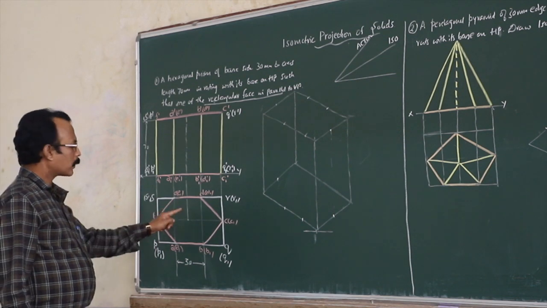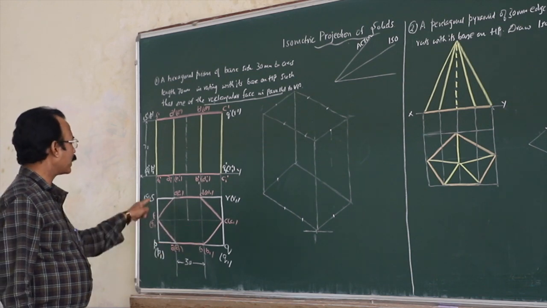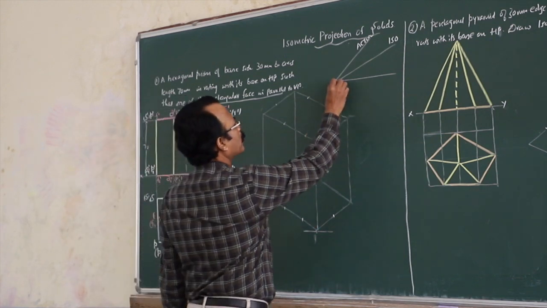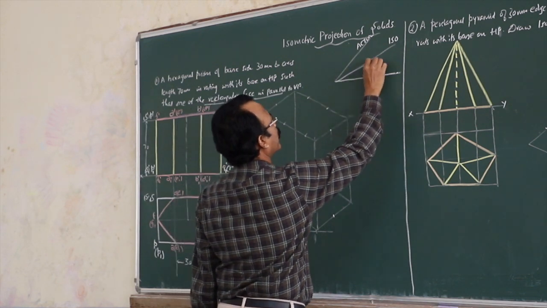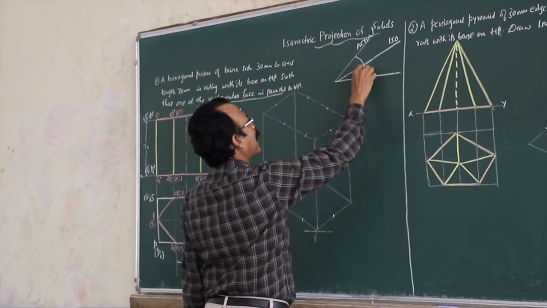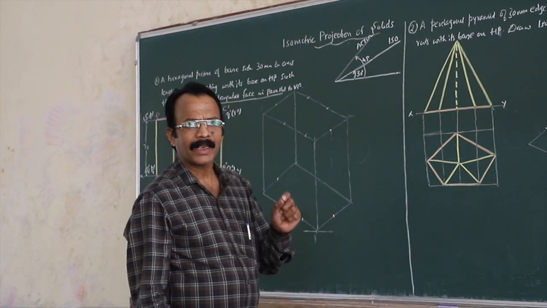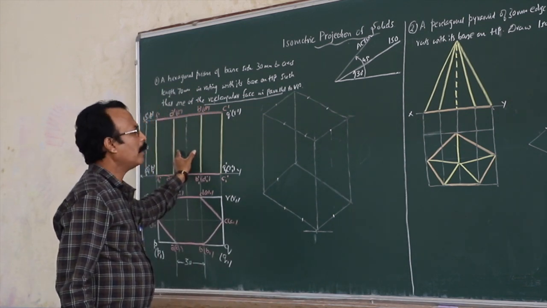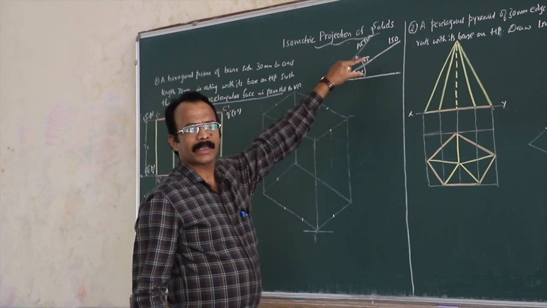So for the time being, forget the hexagonal prism. Think you are having a rectangular prism here. The first step is you must draw the isometric scale. Draw a horizontal line, then draw an isometric line inclined at an angle of 30 degrees and draw the actual scale inclined at an angle of 45 degrees. Now, as I have told you in the previous class, whenever you take any length from the orthographic projection, before going to the isometric projection, it should come via this isometric scale.